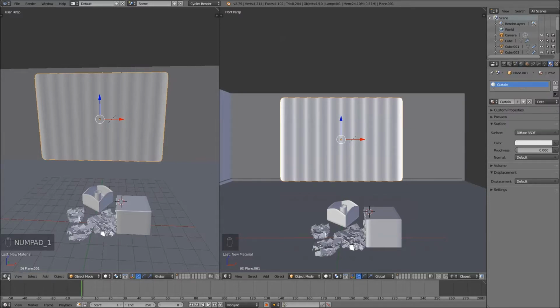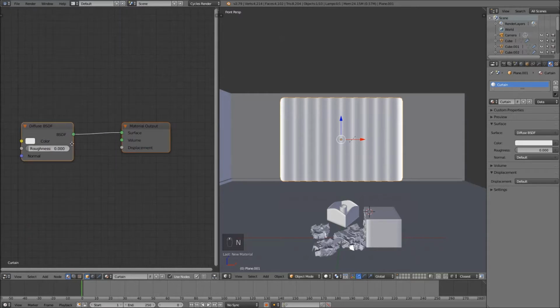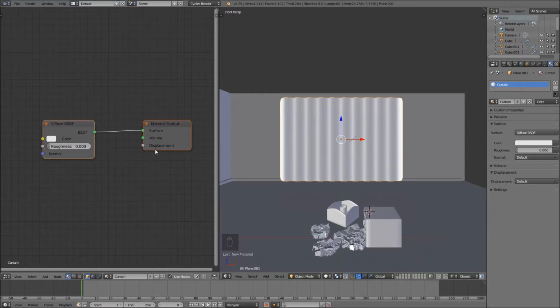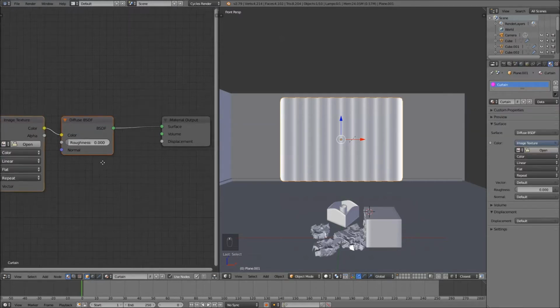And I want to show you quickly. Right here, if we go to the node editor, I'm going to also hit the N key to close that. The node editor is basically like a tree layout of the materials tab, the textures tab, and much more as well. The node editor gives you a lot of control over the compositing, the texturing, the materials, the lighting, a lot of different things. But as you can see right here, we got the diffuse, which we have here, and the material output. If we change this from color to image texture, you can see that it updates right here